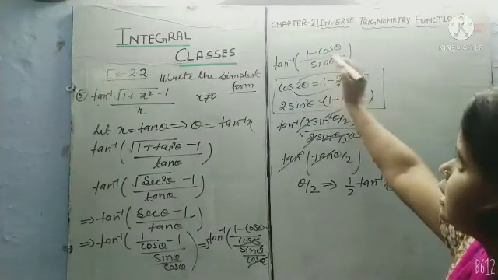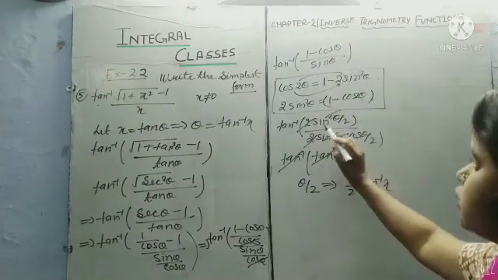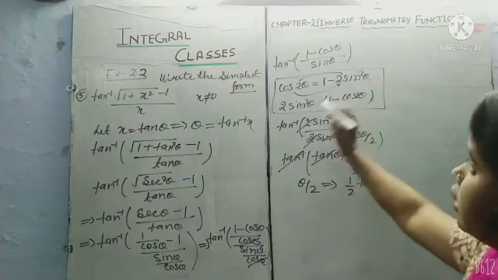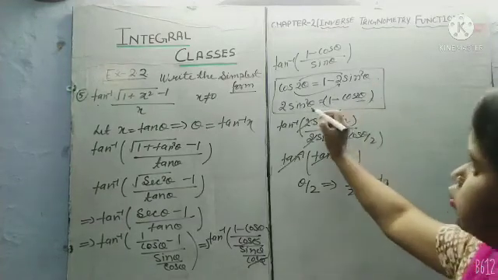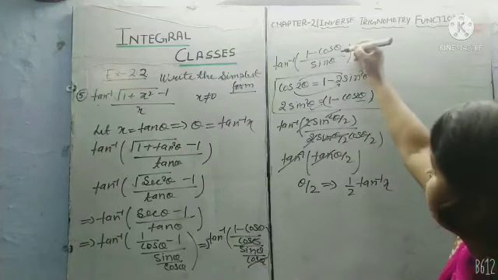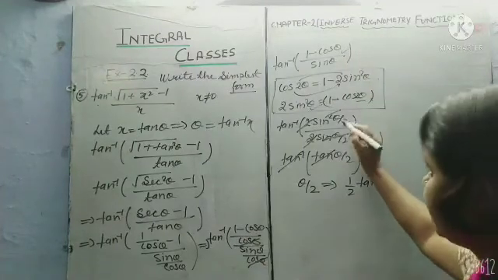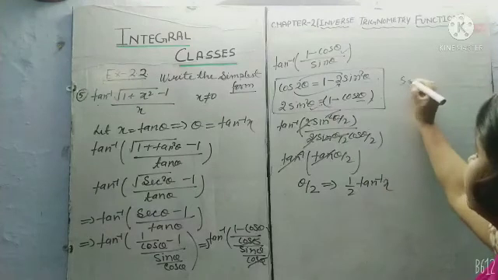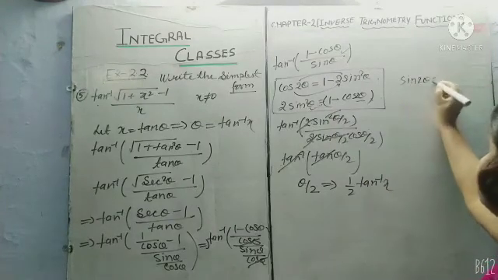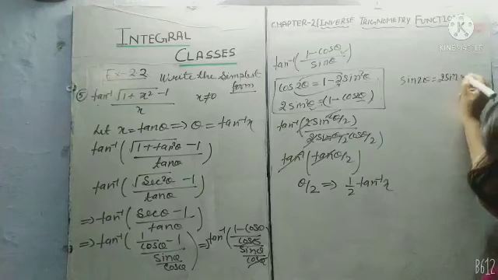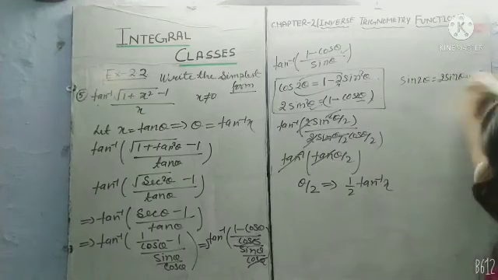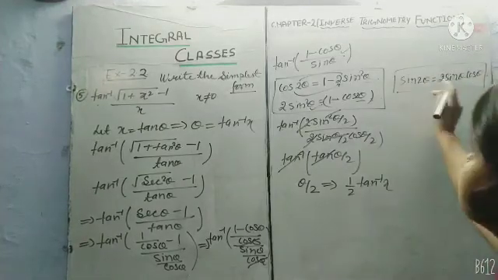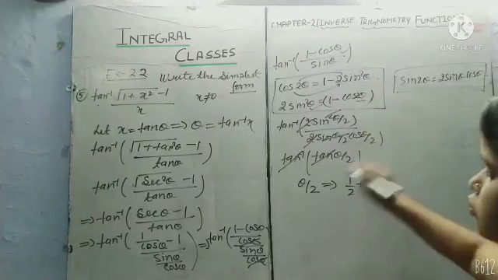So we will replace here 1 minus cos theta with 2 sin square theta by 2. Here the angle is 2 theta, so it will become theta. But here we have been given only theta, so we have to write theta by 2. Now sin theta, we know that sin 2 theta is equal to 2 sin theta cos theta. This formula also we will use. These two formulas we will use in this question.